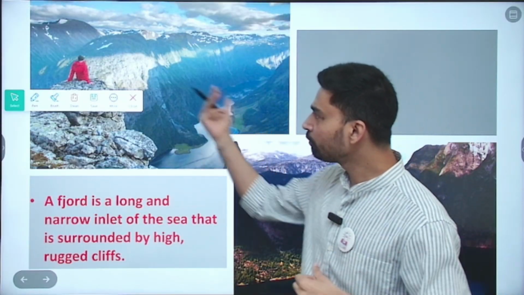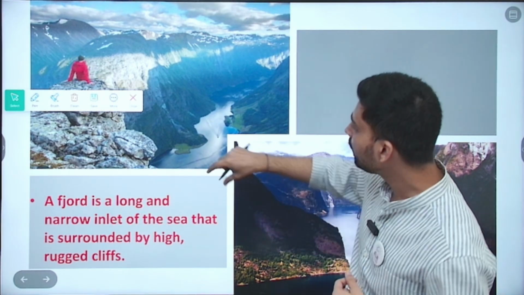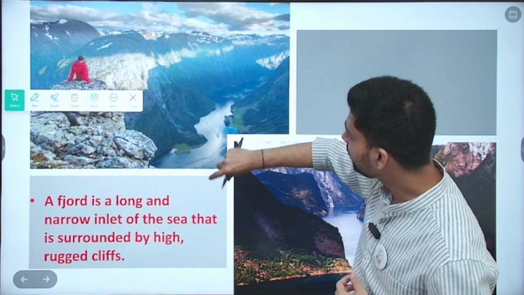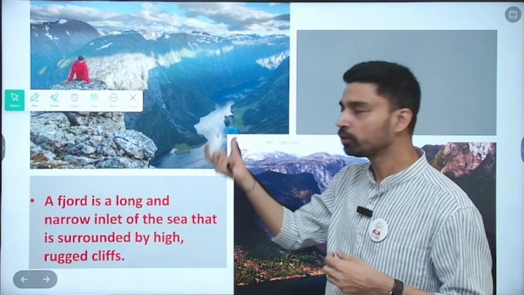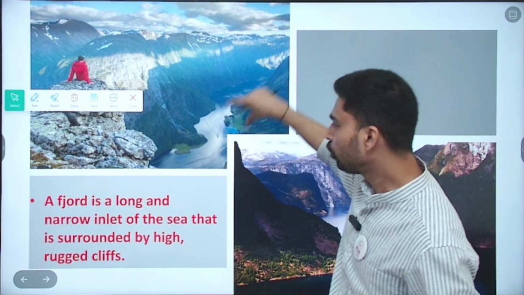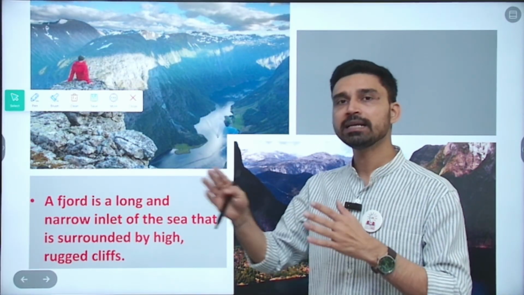So fjord, basically, if you have to define it, how do you define it geographically? It is a long and narrow inlet. As you can see, structure-wise, it is very narrow in region because it is surrounded by steep-sided mountains, steep sloping mountains from both sides. So it is a narrow, long region, and it is an inlet of the sea because of the valleys that are carved by glaciers,